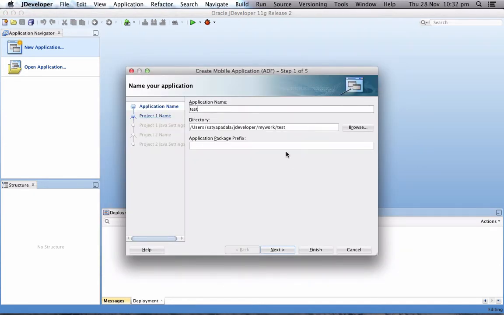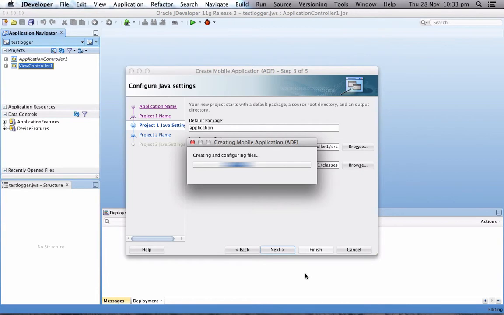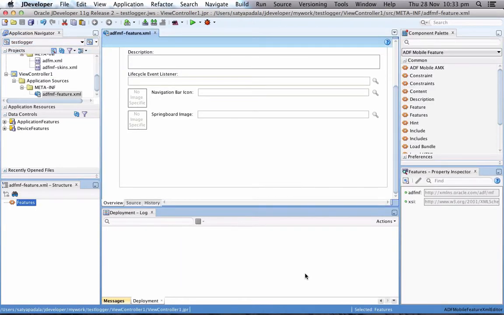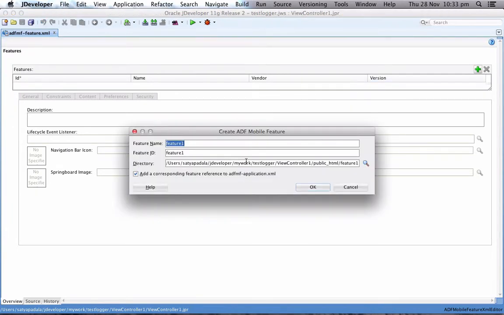I'll name it test logger, and click next and finish it. So this will create an ADF mobile project, and we will add a feature to it. This feature can be home